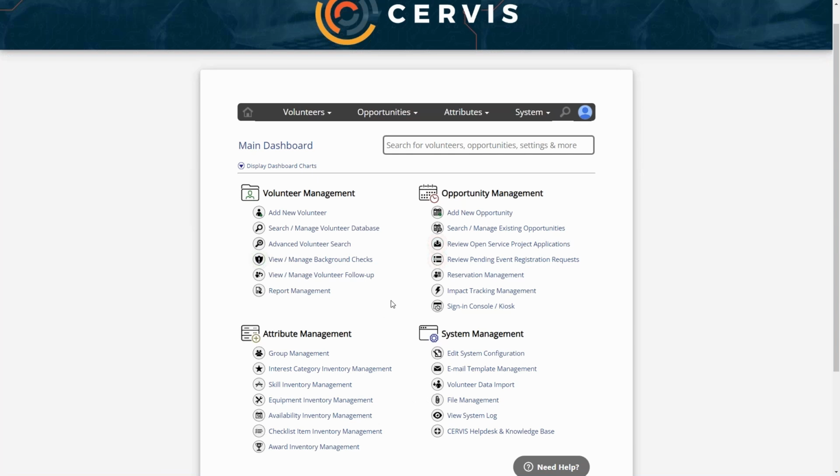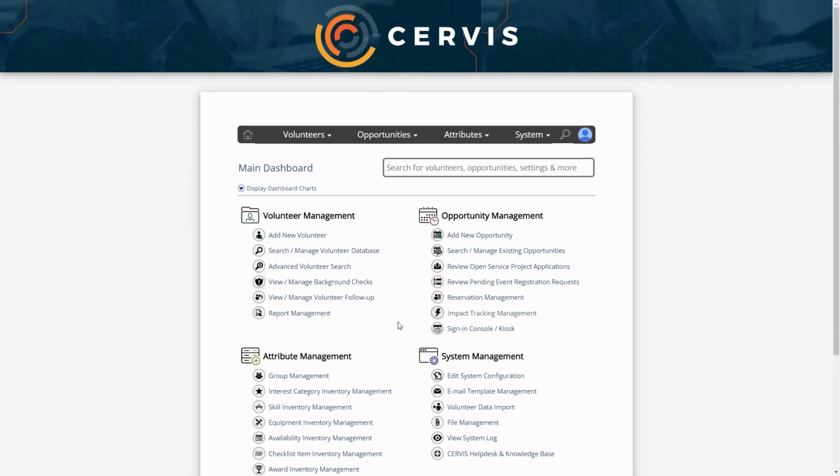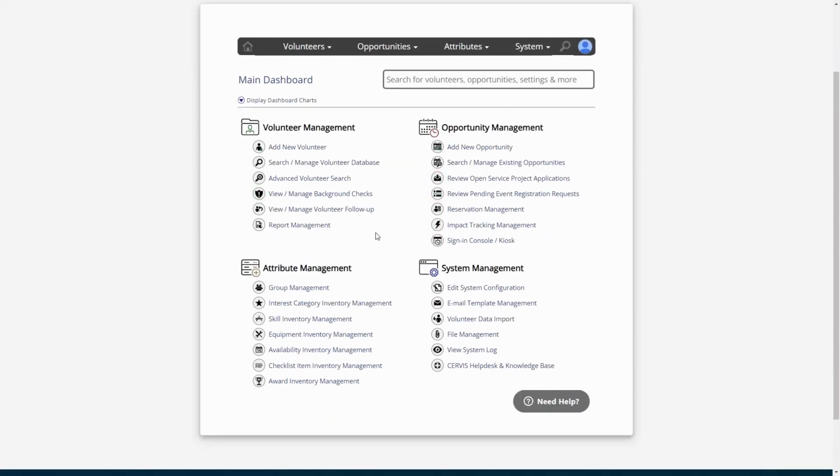Okay, we've been through a lot of data so far, on the opportunity side of things. There's just a couple more things that I want to point out today as we're looking at an overview of the console. So under the volunteer management heading, I just want to point out, if you go into search and manage volunteer database,